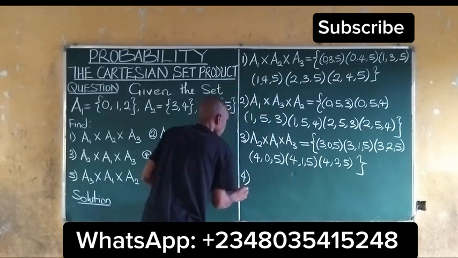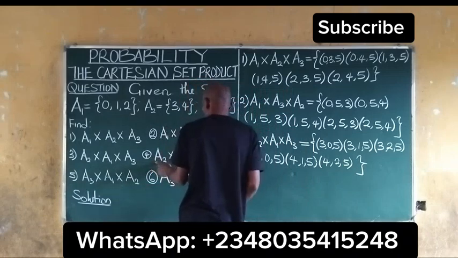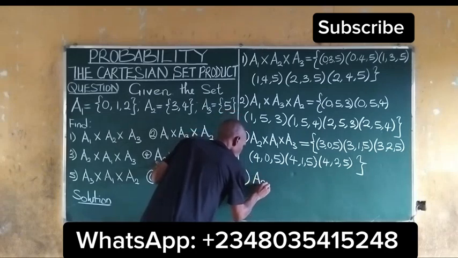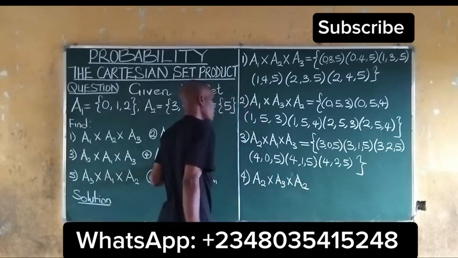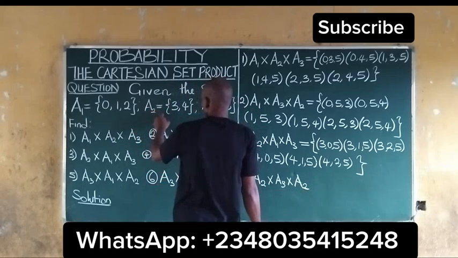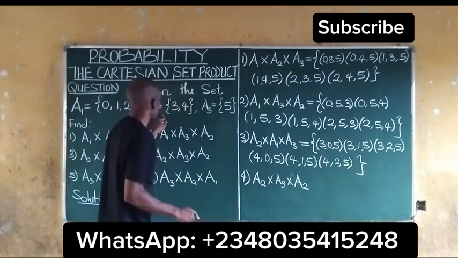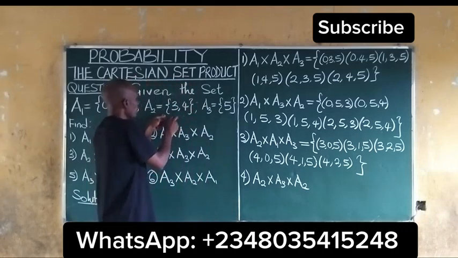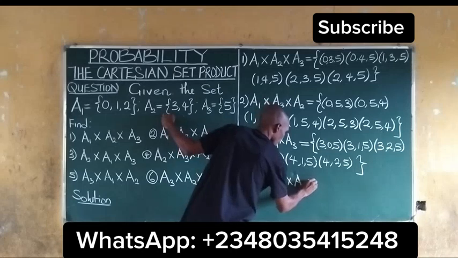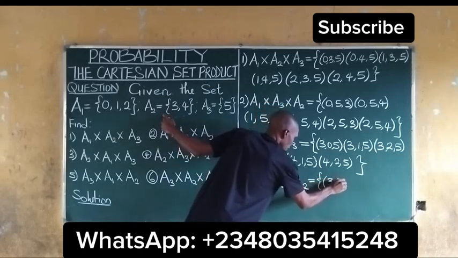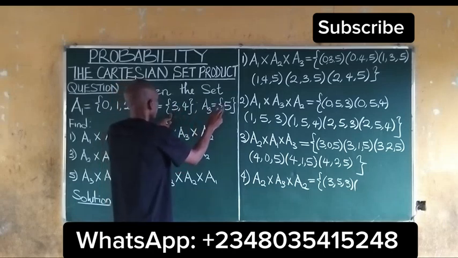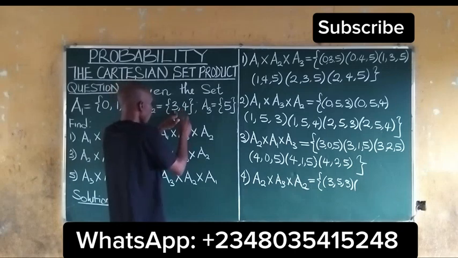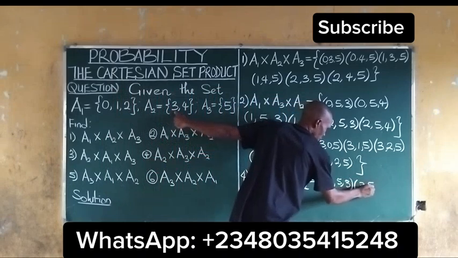Number 4, we have A2, A3, A2. So we have 3 and 4 again. We have (3, 5, 3), (3, 5, 4),